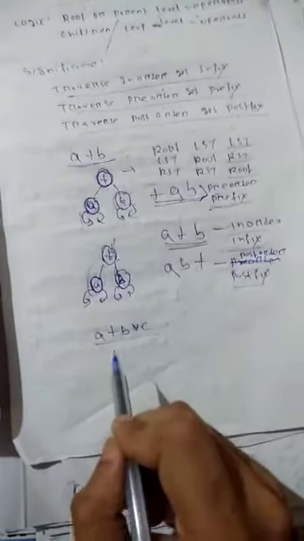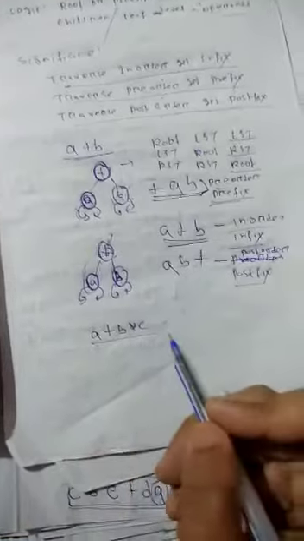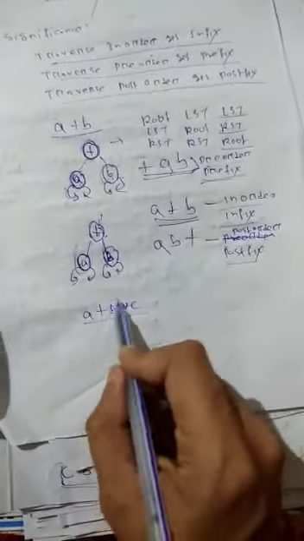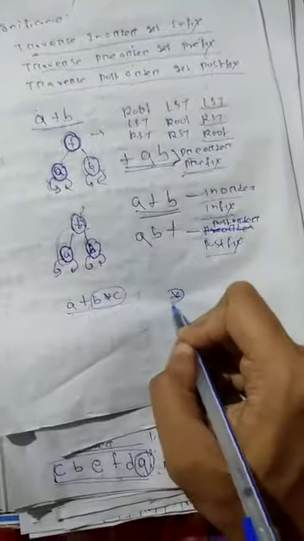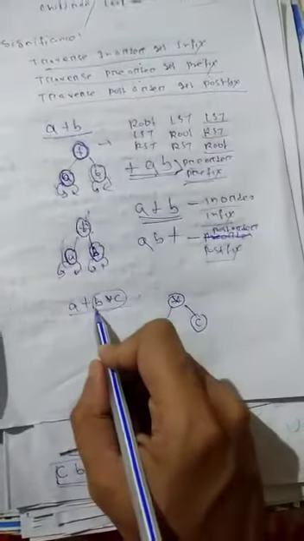Let's do another example. Suppose a plus b into c. Okay, so this is the expression. We already know that the expression is evaluated according to priority. What is the priority here? Plus and into, which has the highest priority? Into has the highest priority. So first you do into. First you take into as the root node. Then for into, b is the left side, then c is the right side. Okay, next the plus operation is done.